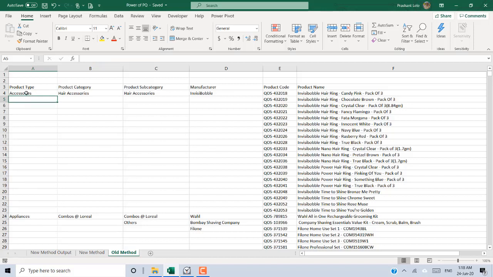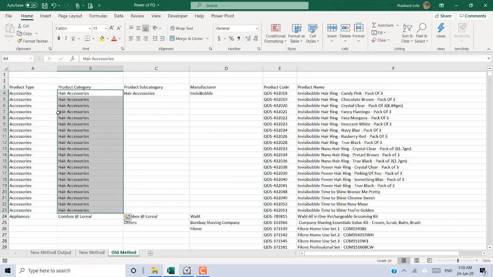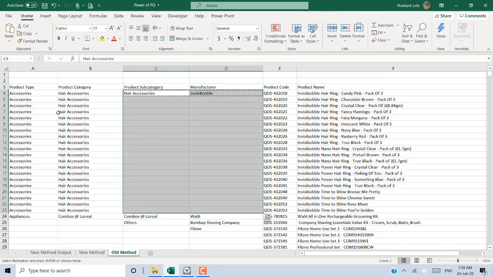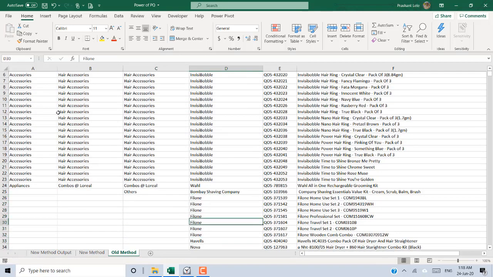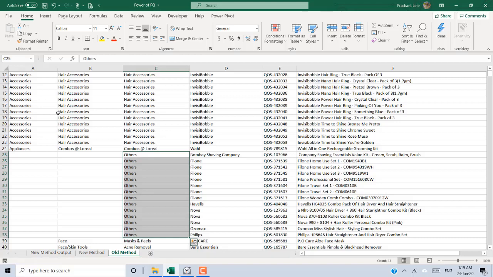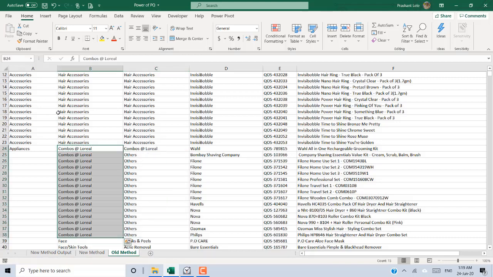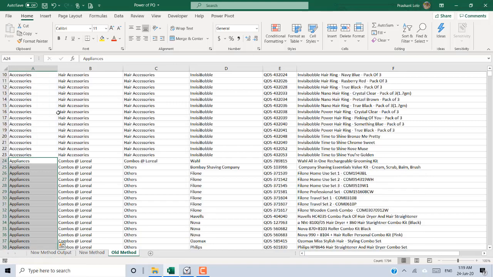Like, we need to copy these accessories from here to here, then hair from here to here, then Philon from here to here, then Nova from here to here, then others from here to here, appliances from here to here.